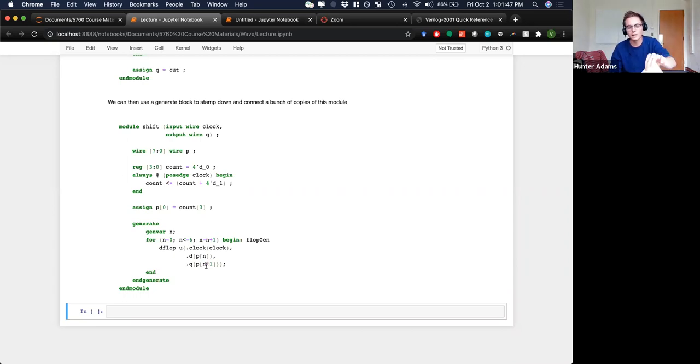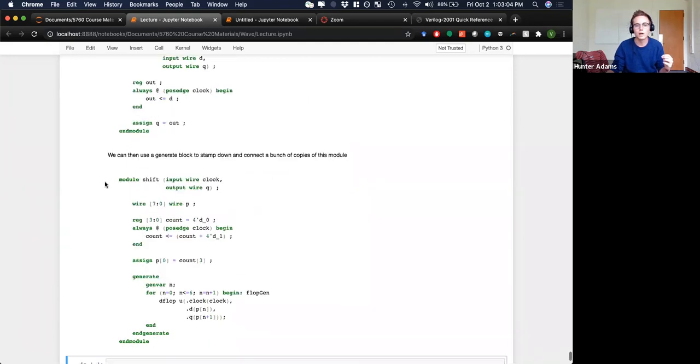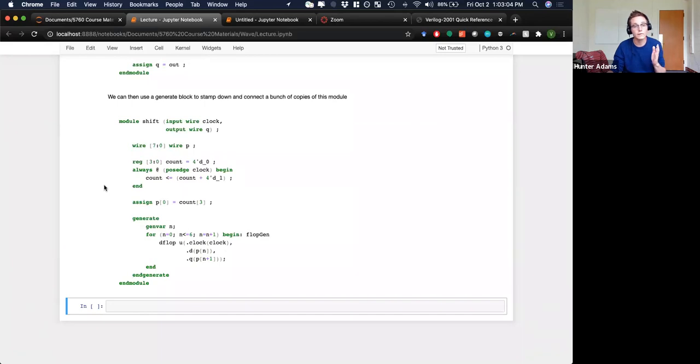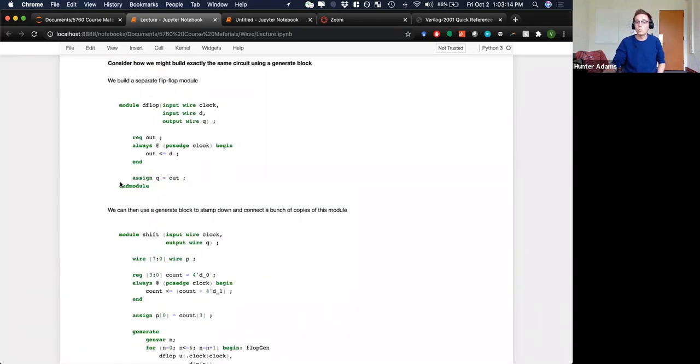So this is providing us with a method for generating arrays of modules and arrays of connections between modules. That's what this generator has allowed us to do. In this particular example, the module that we're generating an array of, and the connections between them, is quite simple, but it needn't be. This could be a very complex module. And with a generate block, you can generate an array of those complex modules and an array of connections between those modules. So for example, if this module described one column of your drum,